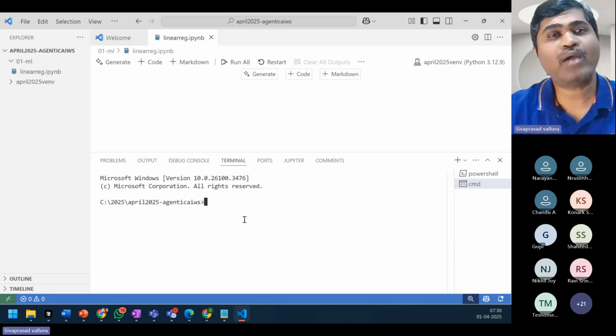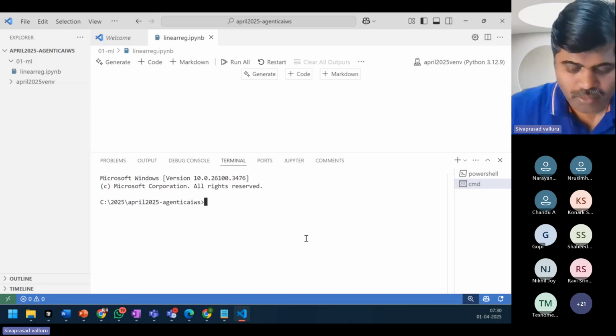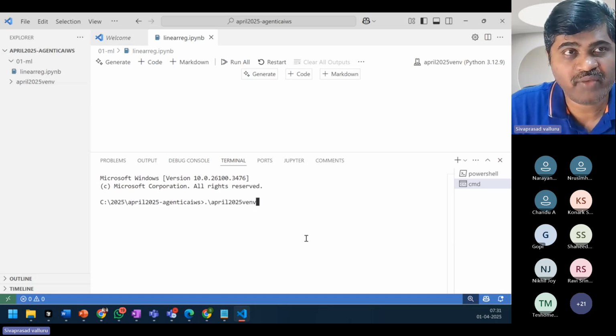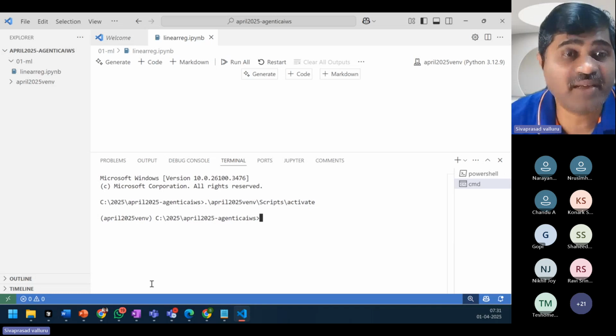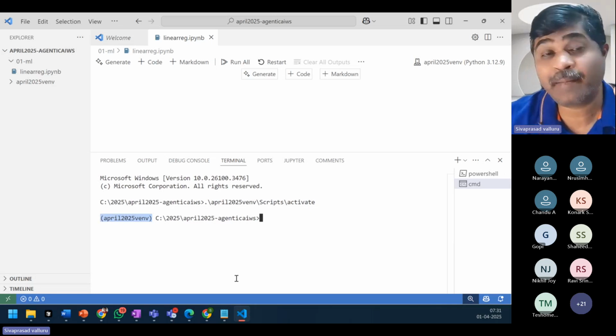Okay. Now I want to activate the virtual environment which is present in this folder. So I'll write /April 2025 venv/scripts/activate. This will activate the virtual environment. From now onwards, I'll not be launching the command prompt outside.